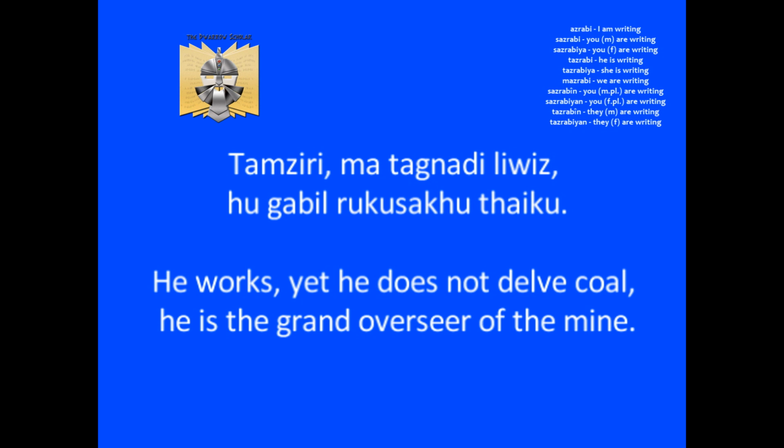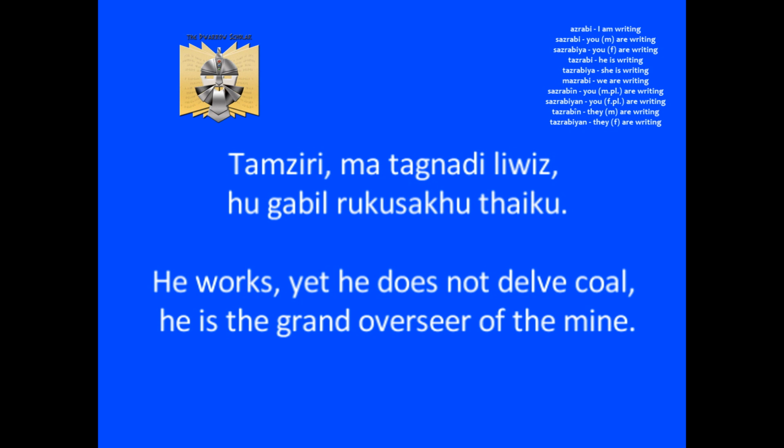Now, as for the rest of this line, let's first look at the word rukusaku. In fact, it consists of three pieces, being ruk, usak, and u, literally translated as overseer of. We briefly mentioned dasuk earlier, and we said that it was to be translated as to see. So again, we see the same radicals returning, being s and k, the extended k, here in the word usak, being seer. So ruk usaku taiku, meaning overseer of the mine.